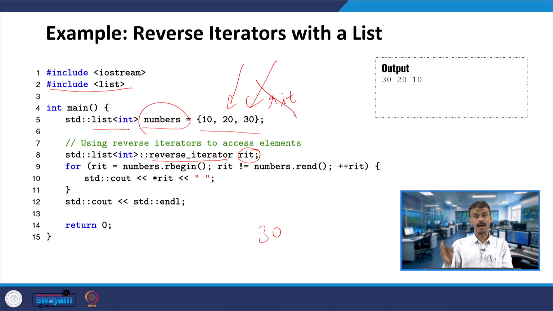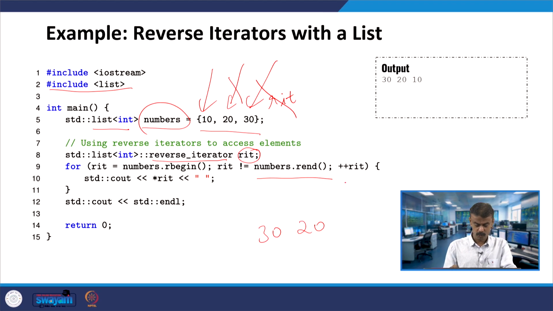If you put only IT, in the case of iterators, then it is a different story. If you put only numbers.begin, removing the r, then it will be a different story. In this case it will move in the reverse direction. So, 20, right now it is not pointing to numbers.rend, therefore it is moving.